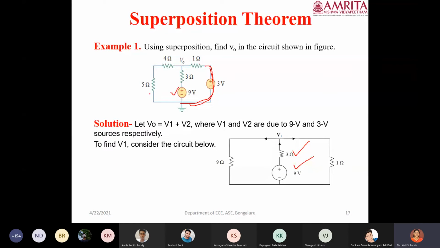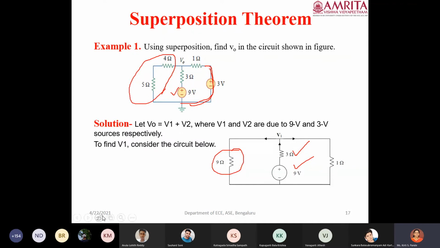Now coming to the left hand side. On the left hand side, can you see 5 ohms and 4 ohms are in series? Yes, ma'am. So obviously they will get added up, correct? So you have got a 9 ohm resistor. Rest everything is the same. So right now you are considering only the 9 volt source acting. That means the 9 volt source is present in the circuit, whereas all other voltage sources are turned off. If it is a voltage source, turning off means you are shorting it. So because of shorting, you can see on the right hand side only the 1 ohm resistor.